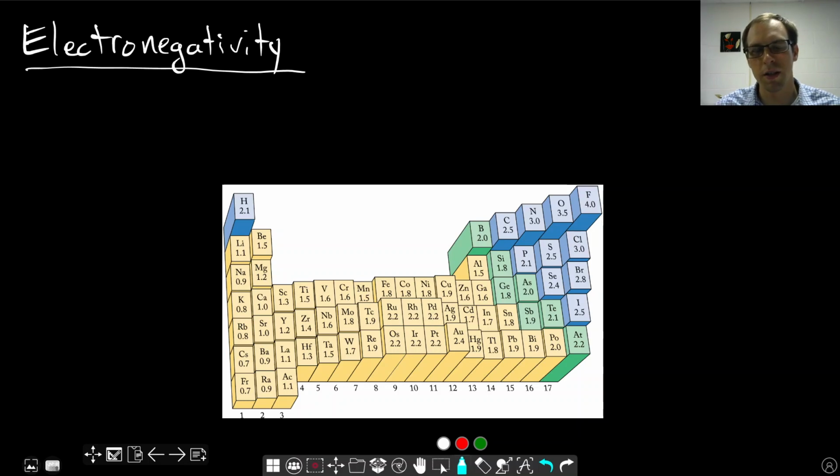So as we discuss polar covalent bonds and uneven sharing of electrons, you may wonder, how do we know which elements prefer to pull on electrons harder, or have a preference for electrons to be near those particular atoms? And the scale we use to understand this is what we call electronegativity. And this is a property of atoms that has periodic trends similar to ones that we've observed before for ionization